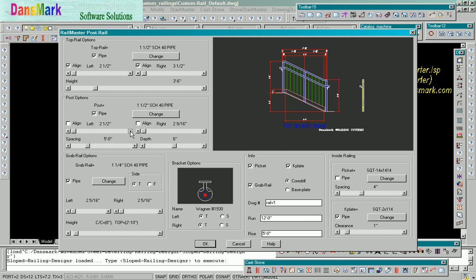Let me move it back to 9/16 and then doing a line. Oh, that's 2 and 9/16. Sorry, 2 and